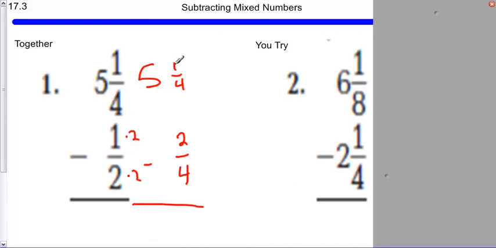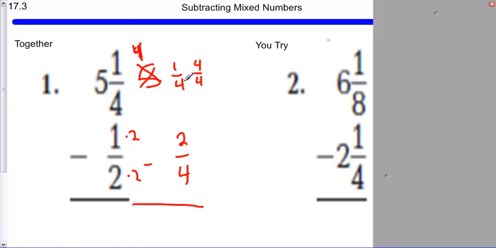I am not allowed to do 1 minus 2. I can't do it. So what do I need? I need to borrow. So who am I going to borrow from? I'm going to borrow from the 5. The 5 becomes a 4. Now what I'm borrowing is 1 whole. So in other words, I'm borrowing